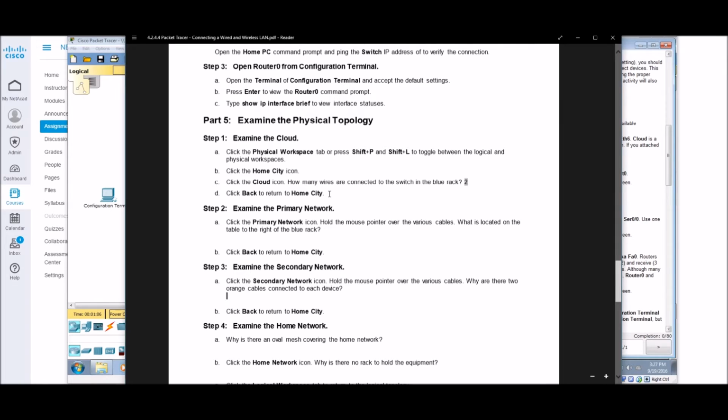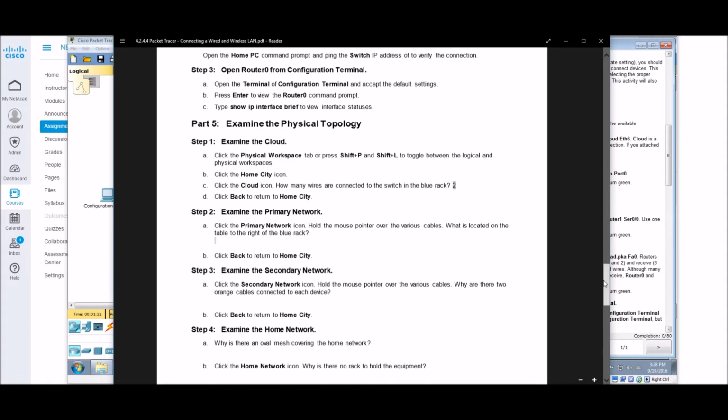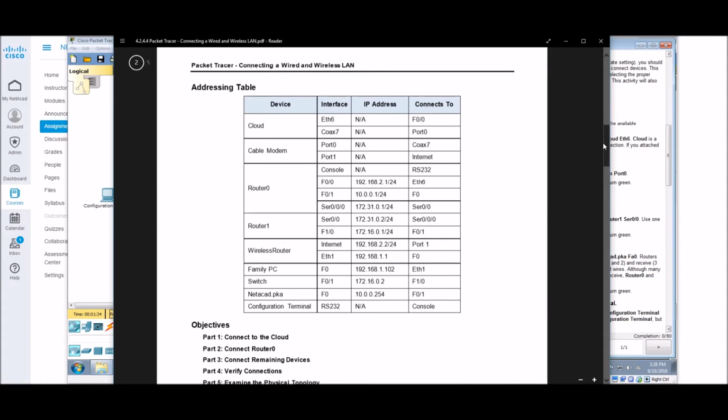And don't open those in an internet browser or your Chrome browser, because you won't be able to save your work or your submitted answers. What will happen is it just won't save if you're in a browser window. So make sure you download that PDF, and then you're able to fill in the forms. I think I'm using the Windows 10 PDF Reader, but you can use Adobe Acrobat Reader, whichever one works for you. So let's get started with this lab.